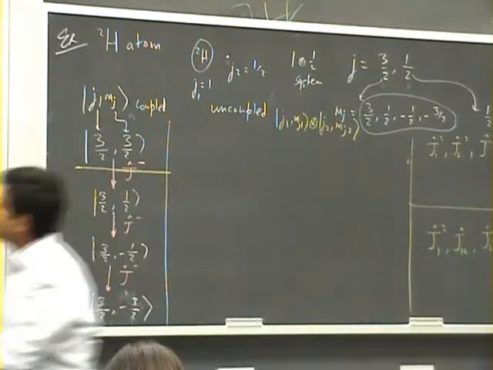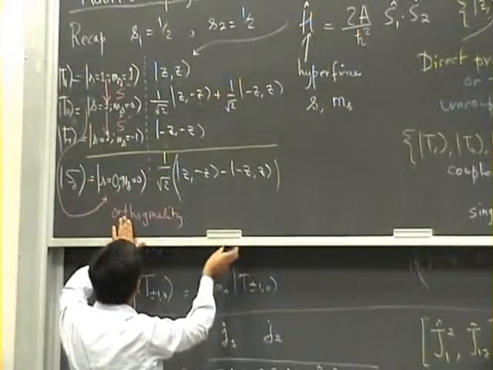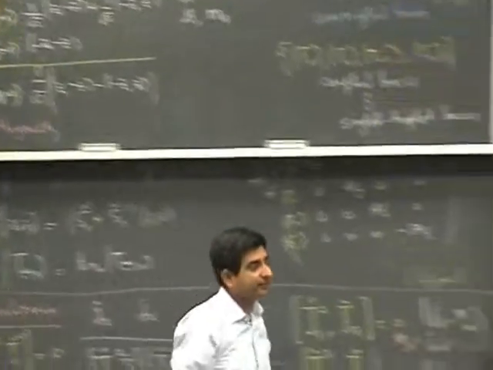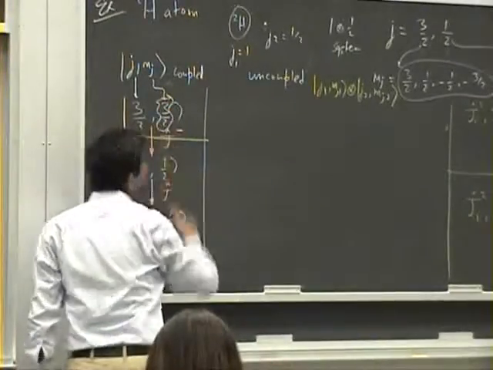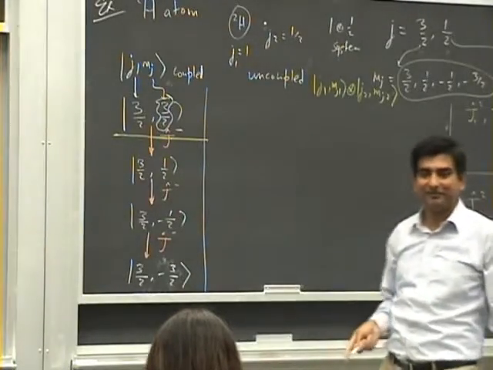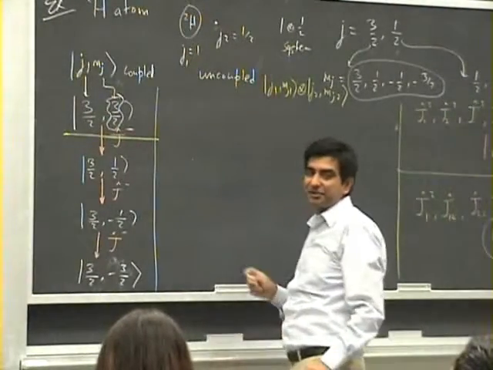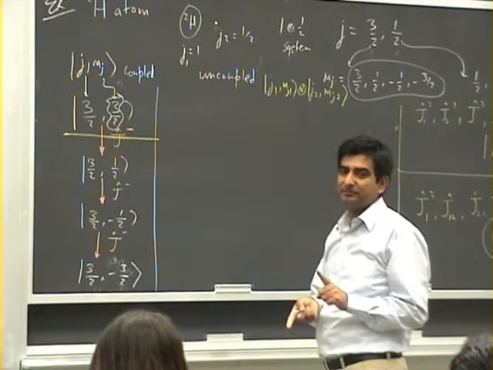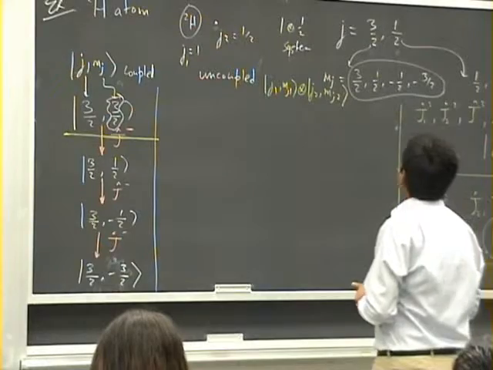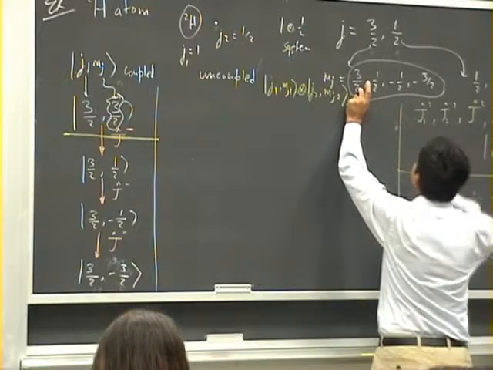I want to express the coupled basis states in the uncoupled basis, the direct product basis. Now this value of mj is the maximum possible for this value of j. This maximum value of mj is achieved when each of the individual components have their mj's maximized. Now, which means the maximum possible value of mj for the first particle is 3 by 2, and for the second particle is